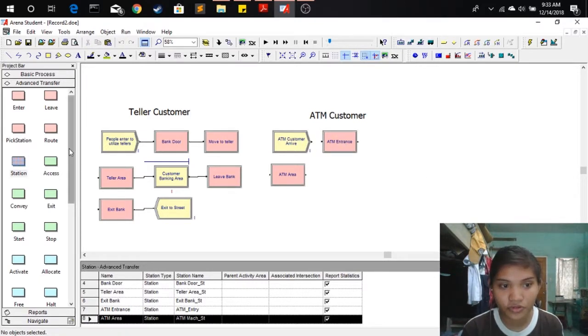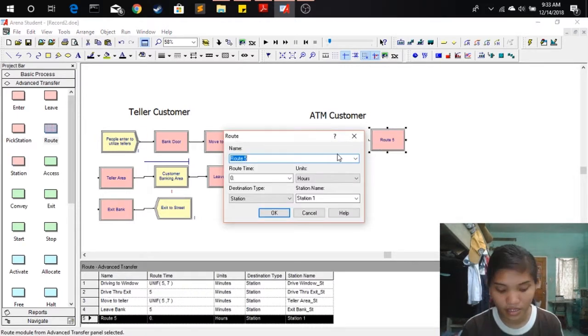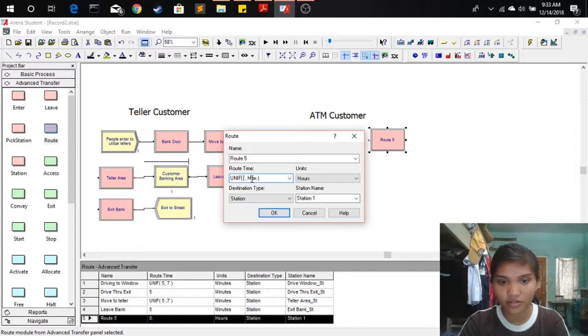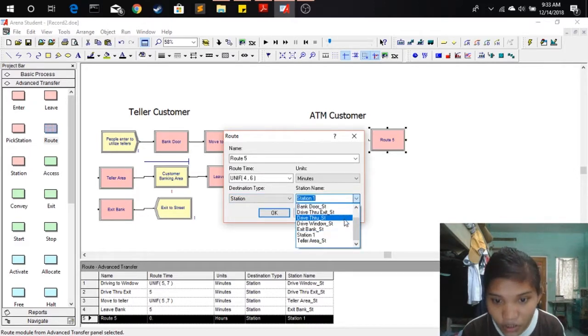Yeah, we're going to use route again, and then say we just say route 5, unif, 4, it is minutes, and ATM match, see